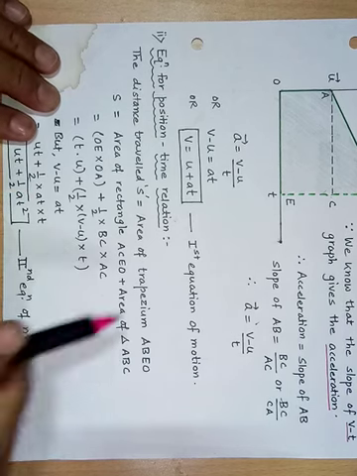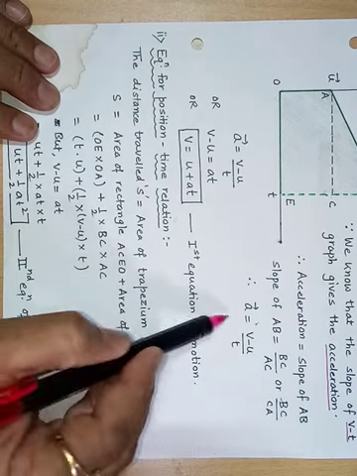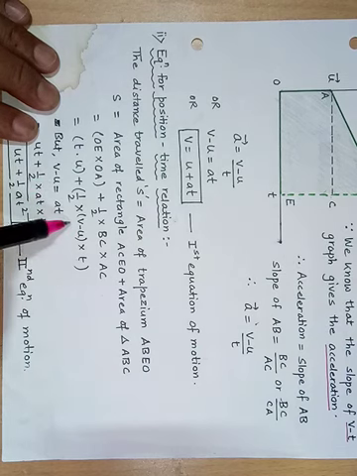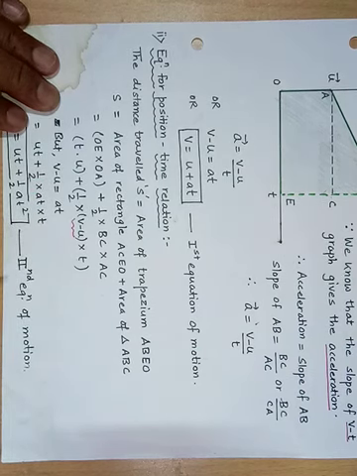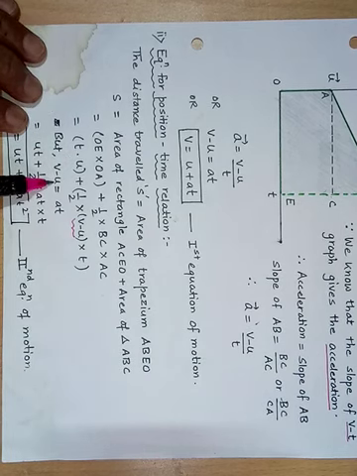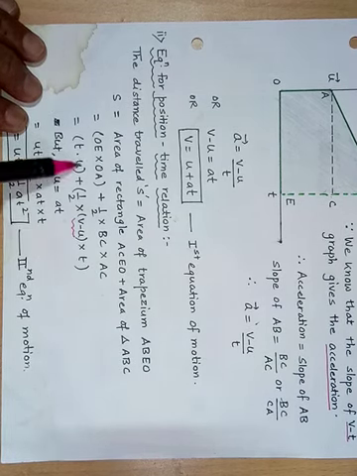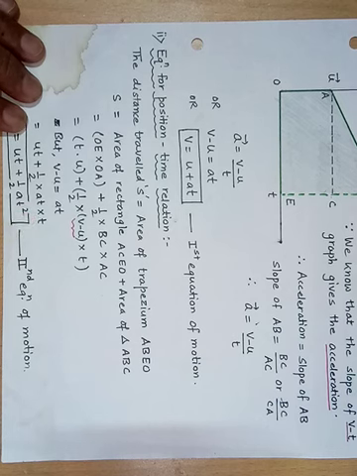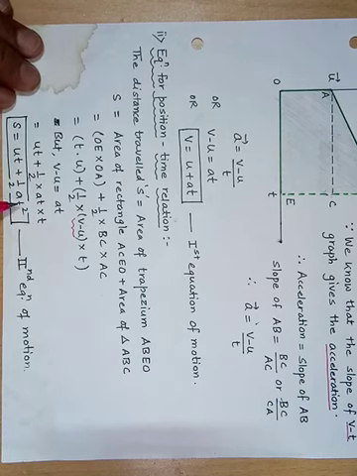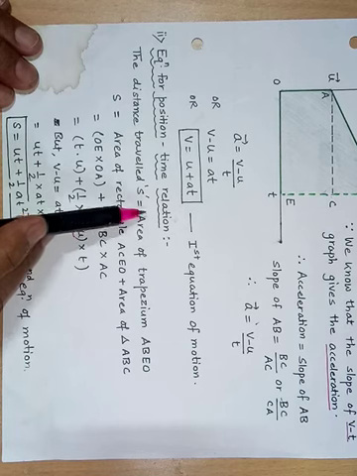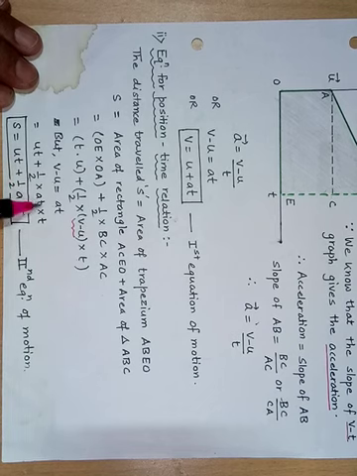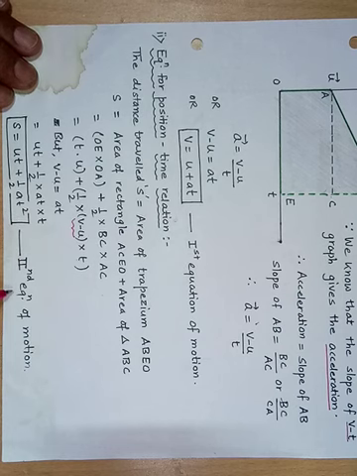But I know from the first equation of motion that V minus U is equal to AT, and this value of AT I am going to put in this place of V minus U. So by putting V minus U equal to AT at this position, I get UT plus half, and for V minus U I write AT multiplied by t as it is. If I rearrange this equation, the distance traveled S is equal to UT, this UT as it is, plus half into A into t into t, which gives t square. So S is equal to UT plus half AT square. This is the very popular second equation of motion.